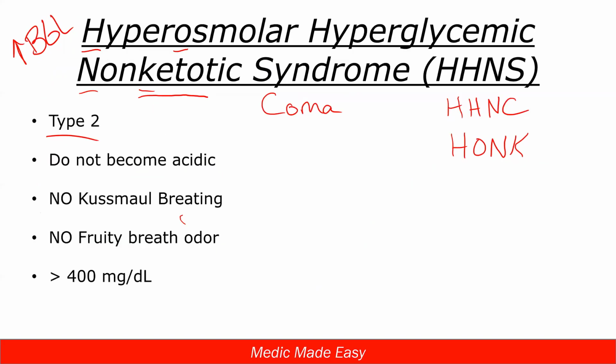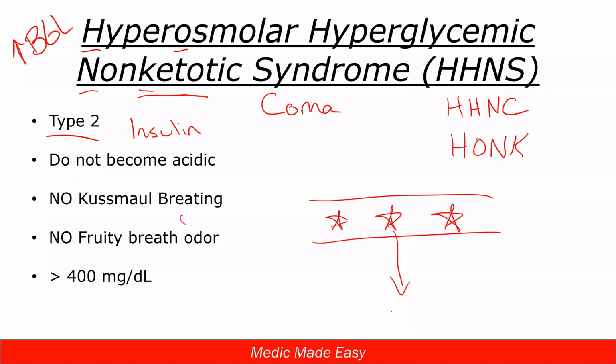In this one though, in type 2 diabetes, remember our body is still making insulin. But we have that insulin resistance. We have fewer locks for that key to actually work in to try to open those doors. So we have less insulin in the system than what our body needs, or we're insulin resistant, but our body is still making insulin. So it is still letting some of that sugar into the cells.